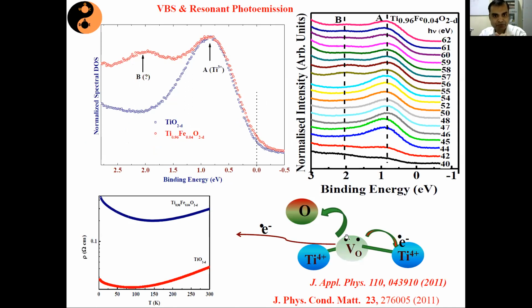So that is why we have adopted an intermediate approach, that possibly of the 2 free electrons associated with 1 oxygen vacancy, one of them goes to a neighboring titanium 4 plus, converting it into titanium 3 plus, and one of them is delocalized. So somewhere this kind of picture is there, which is giving rise to a finite density of states at the Fermi level as well as high temperature metallic behavior in the system.